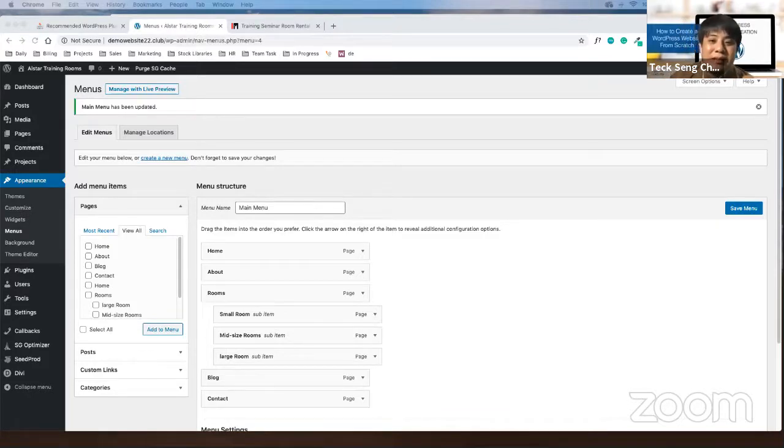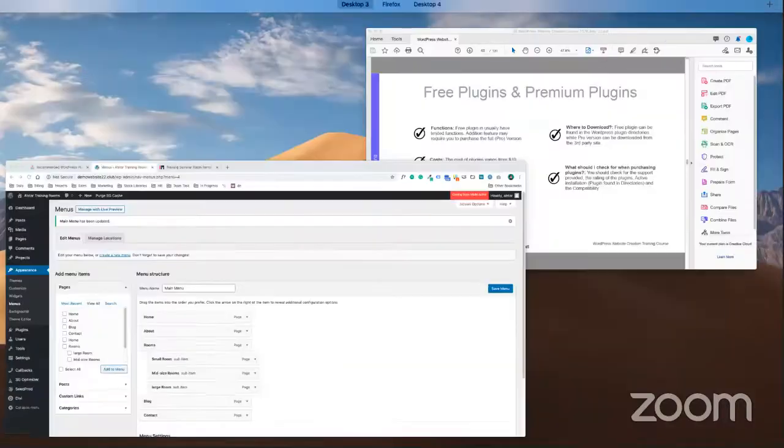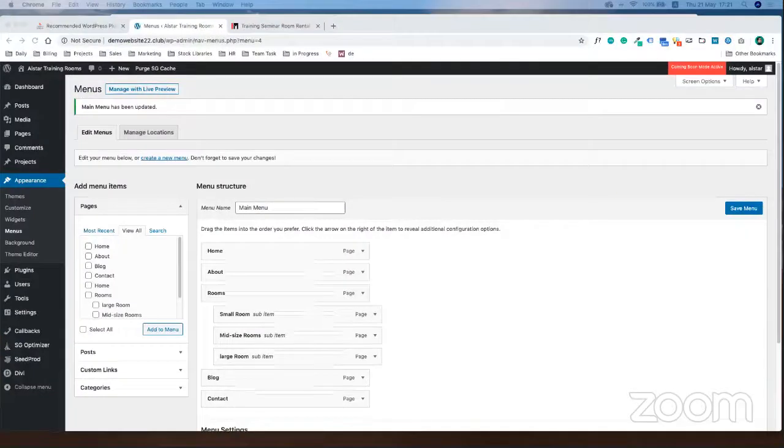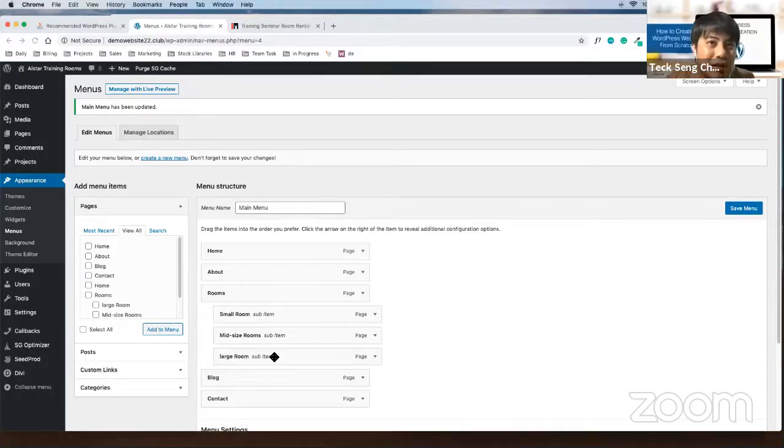Francis, I see under the rooms, if I drag the small, mid-size and large room, if let's say I drag the mid-size a little bit further down, which is not aligned, what is actually the difference? Yes, this one means that the large room will be inside your mid-size room. I'll show you. Take a look at my screen.